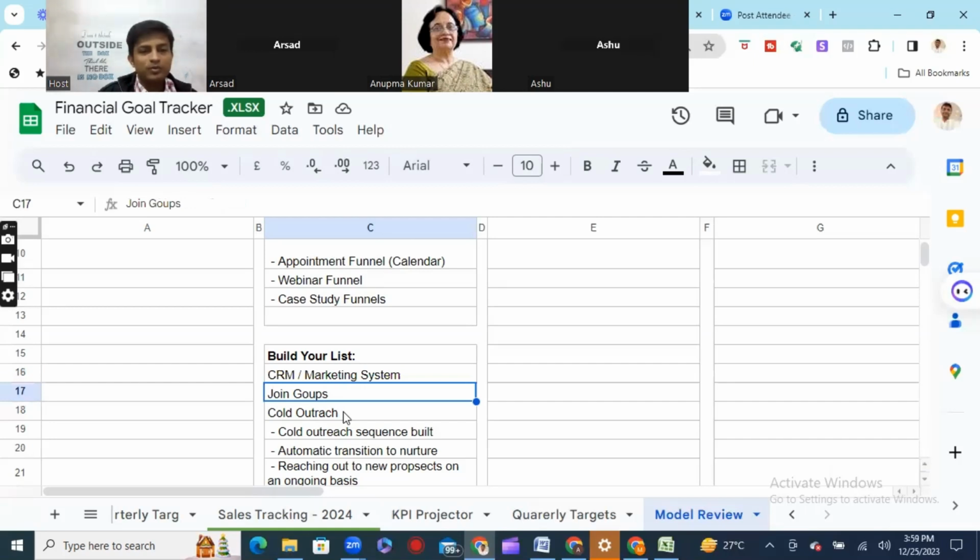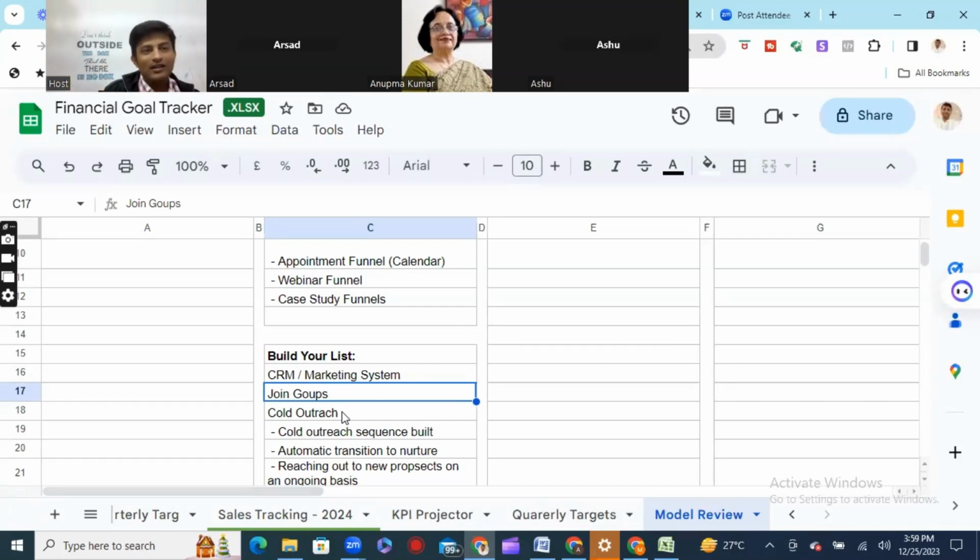Then you have to join this group. And there is also a tool in this Go High Level that I have also got, in which automatic prospecting will give you automatic friend requests. They will send automatic friend requests, and then automatic conversation, and the conversation will be such that people will not know that AI is chatting. Okay, ChatGPT chats in a robotic way, but the prompts are given in such a way that the chat will look like that person is chatting.